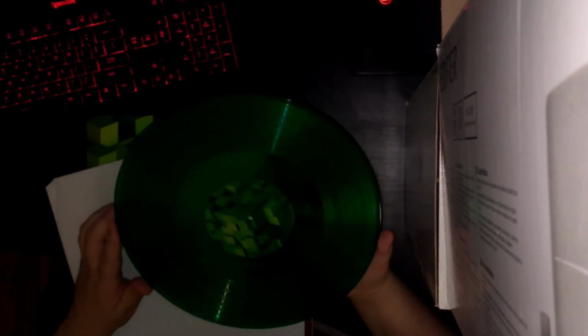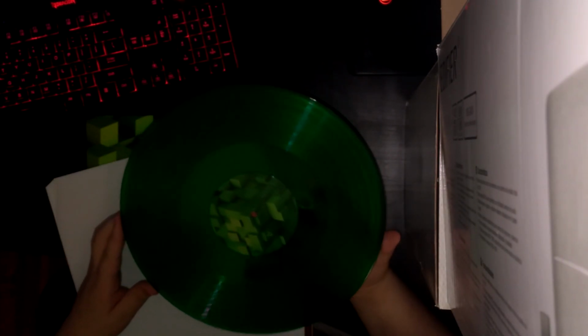And if we take it out of here and look at it, sorry if the flash on the camera doesn't do much justice to it, but look at that. That's pretty. That's just transparent green and it's really nice. Yeah, that's Minecraft Volume Alpha. And the next vinyl I have